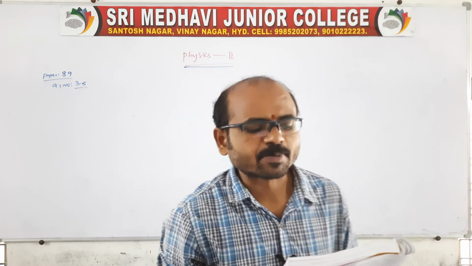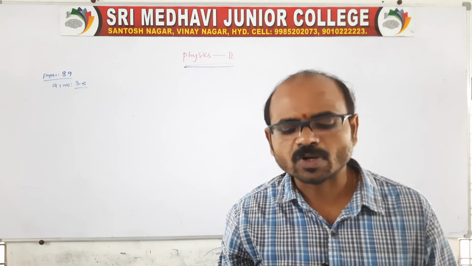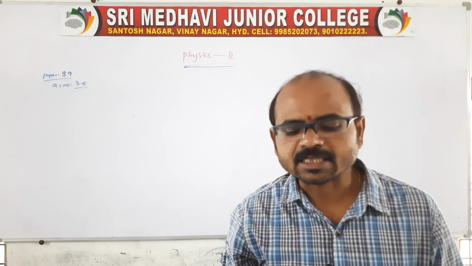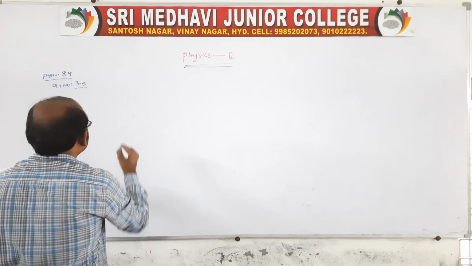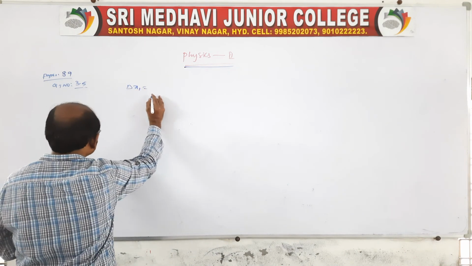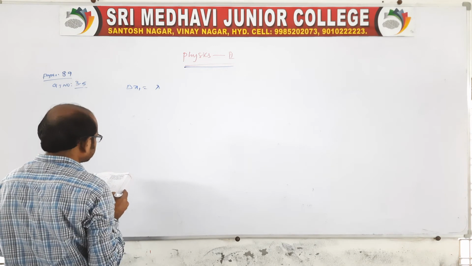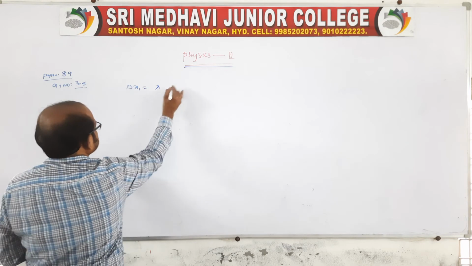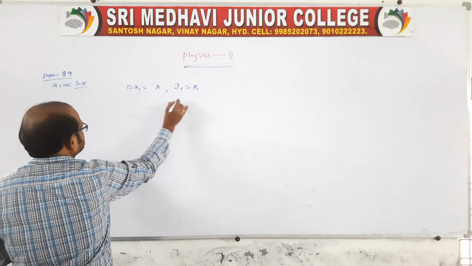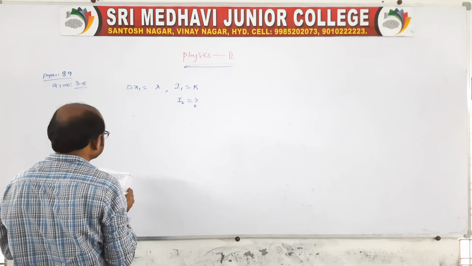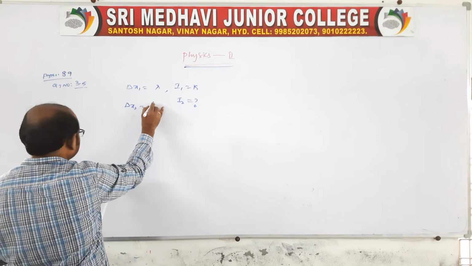In Young's double slit experiment, using a monochromatic light of wavelength lambda, the intensity of a light at a point on the screen where the path difference is lambda. That you can say first path difference is given as delta x1 is equal to lambda, is k units, that is intensity is given as k. For this intensity I1 is equal to k. And what is the intensity of a light? That is I2 is asking intensity of a light at a point where the path difference delta x2 is given as lambda by 3.